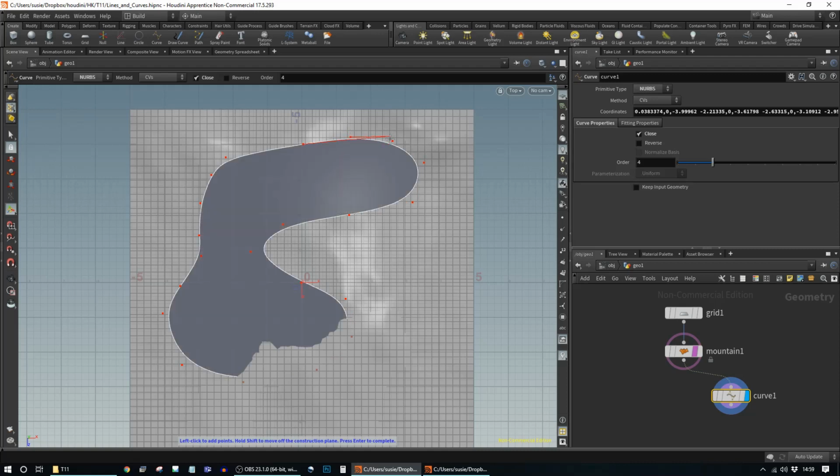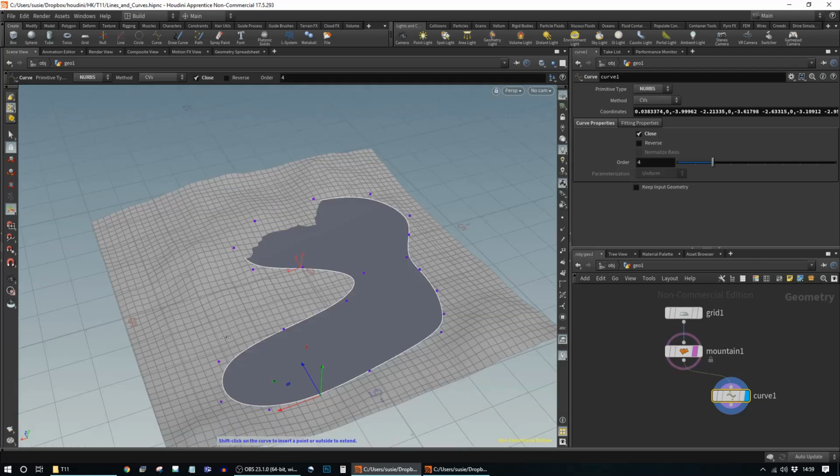And use Control-click to close it. Although we're not looking for a surface, we do want our curve to be closed because we want our track to be continuous. If we go back to our perspective view,